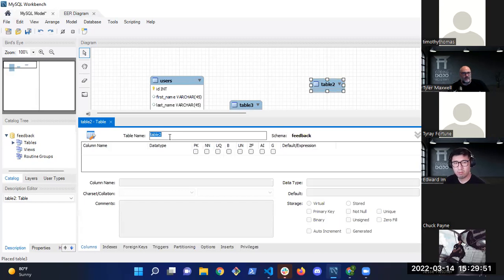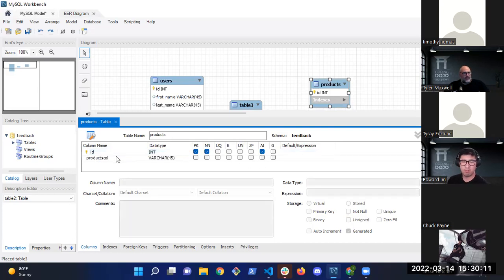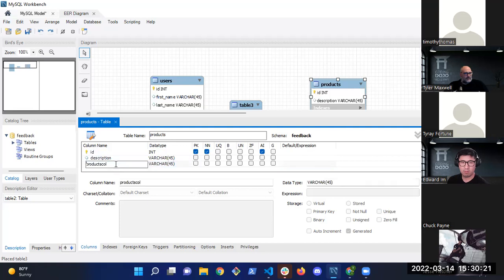So I'm going to call my table products. Has to have an ID, called ID. Has to be an int. Has to be primary key. Has to be not null. Has to auto increment. And the product is going to have just a description. I'll just keep the regular varchar, so description. And it's going to be created at